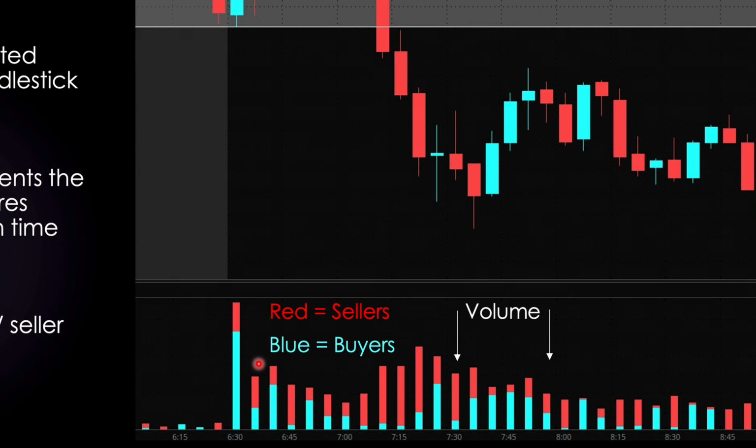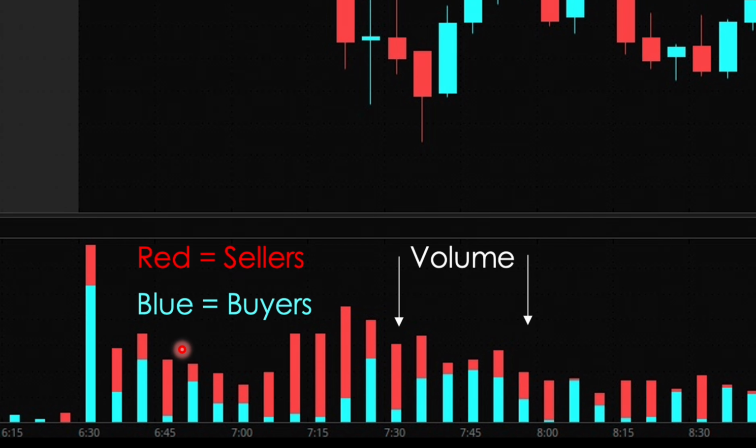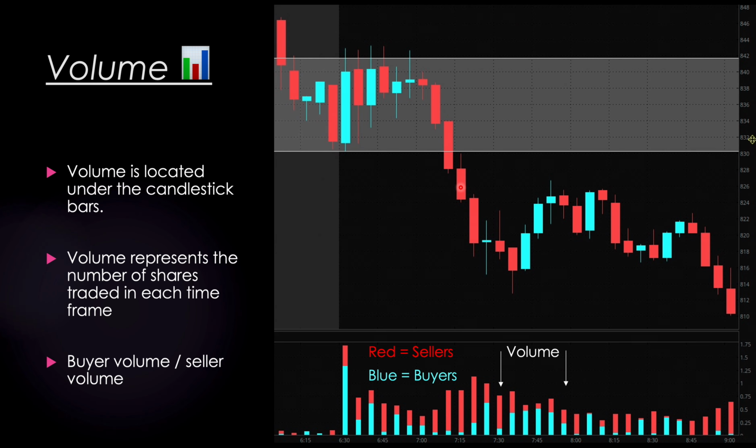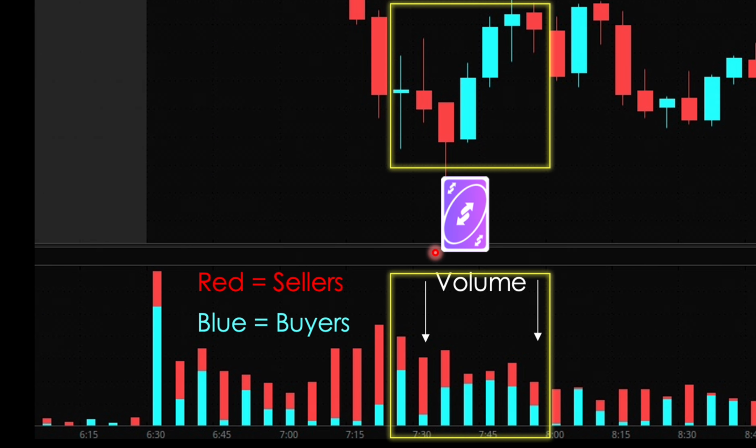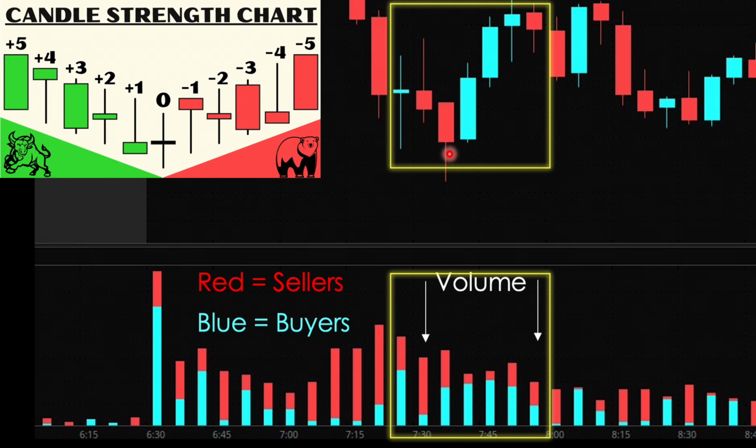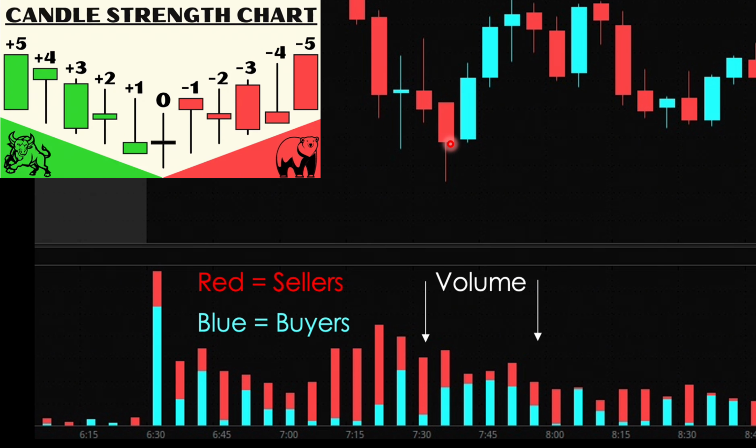Now I have a tool in my favor that breaks down how many sellers and buyers were in each given time frame. But look how you can use these tools in your favor, and you can spot the reversal here happening. And if you read candles and understand candlesticks, you can spot or potentially enter the position here and